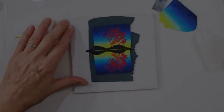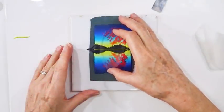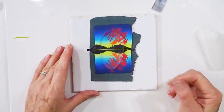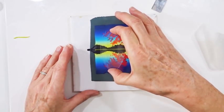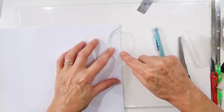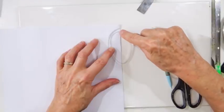And there we are, ready to go. So the only thing we need to do now is to put our template on and choose where we're going to cut through. Now of course, if at this stage you decide, I actually want it a bit bigger because I like more of the pattern we've got, there's nothing to stop you going larger. If you want to extend the size of your template, which I thought might look slightly nicer, all you have to do is